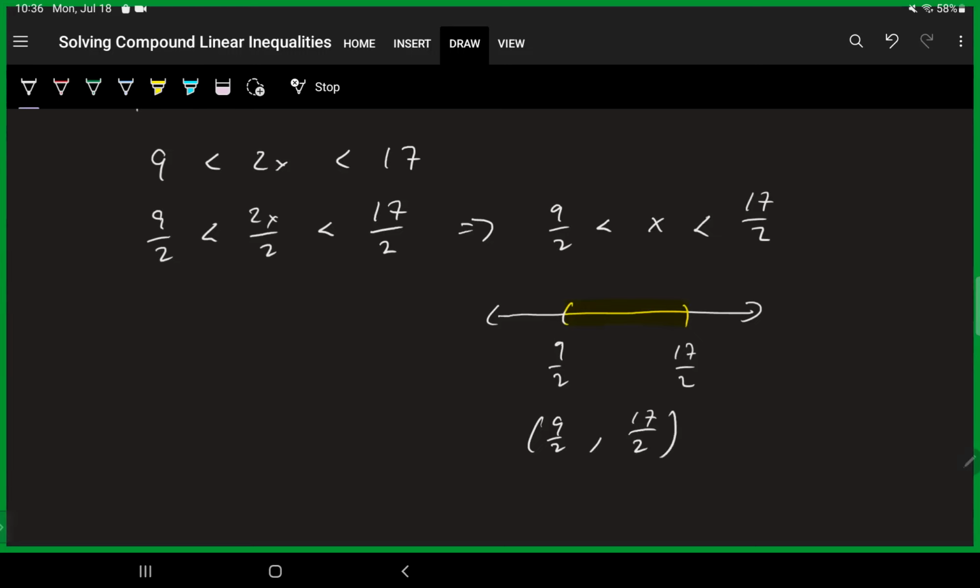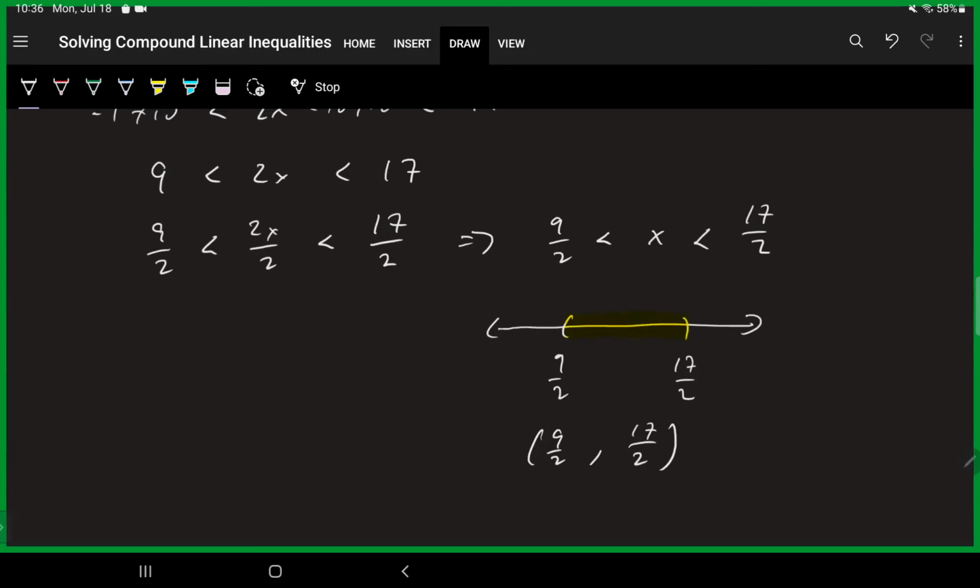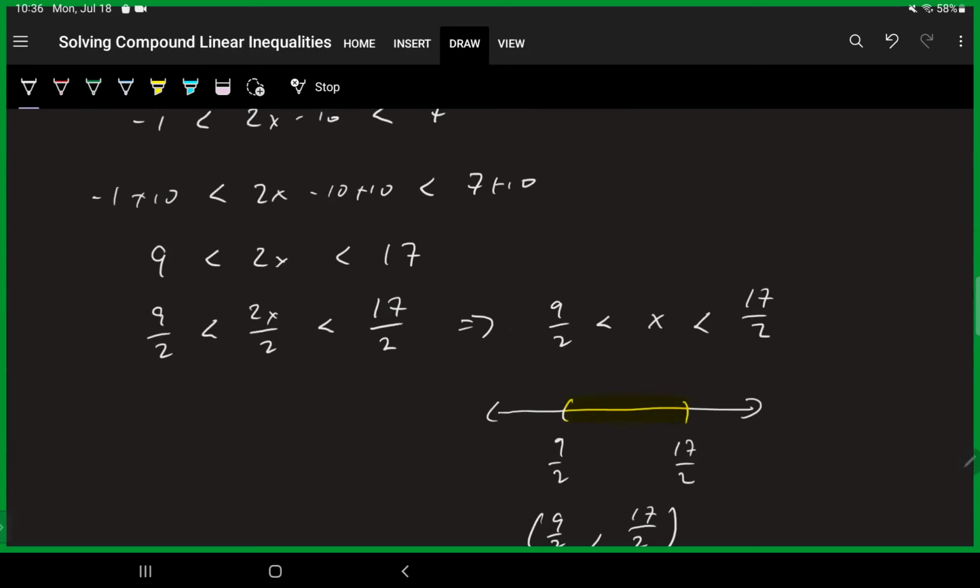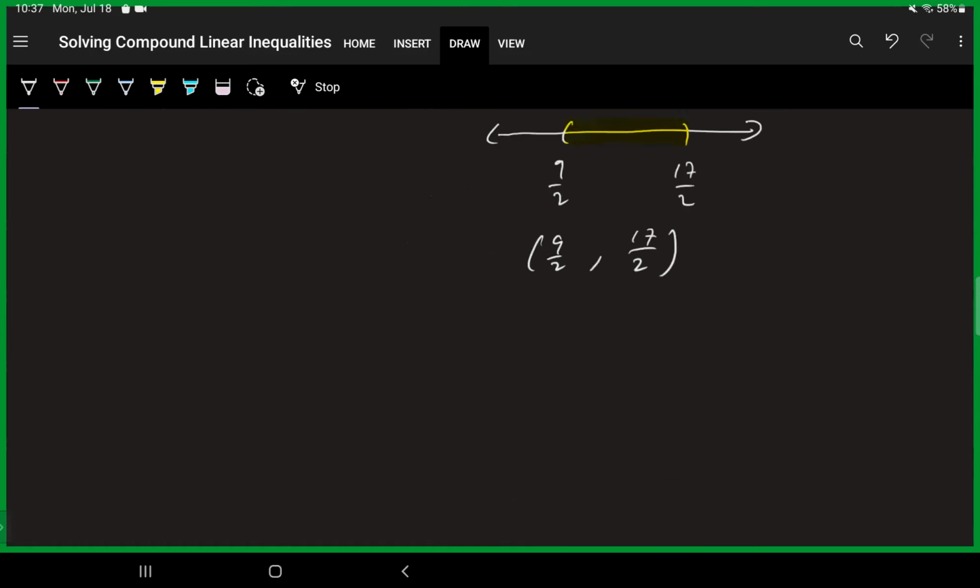So we solved the compound inequality that had 2 inequality symbols. It doesn't matter if they're less than or equal to, as long as they're facing the same direction, everything makes sense. We do have to flip the inequality symbols if we multiply or divide by a negative. Let's look at one real quick example. So the last example is going to be a little bit easier than that last one.